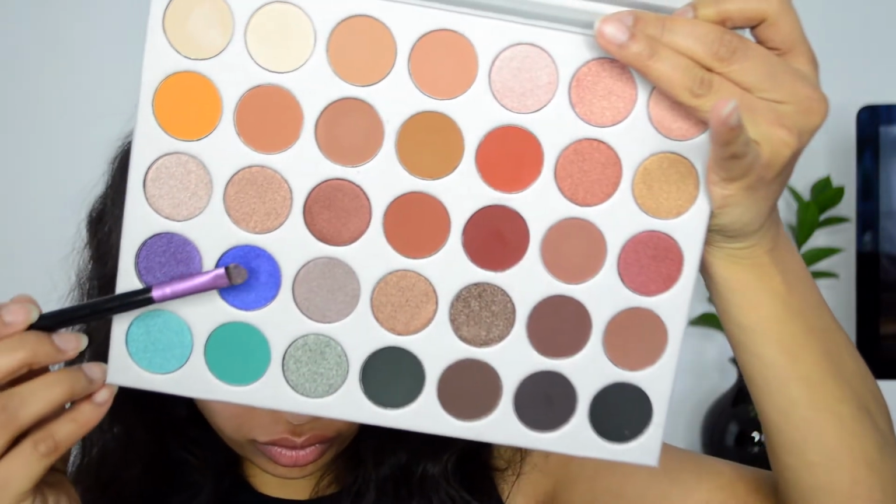Now I'm going in with this beautiful blue color from the palette, using the same brush I used to apply the concealer. I felt like this way the color is being picked up a little bit better on the brush because it had a stickiness to it. I'm using a mixture of patting and sweeping motion to apply the color to build up the pigmentation and the intensity as well. I decided to go in with my finger, and I'm just sweeping the color with my finger on my lid,